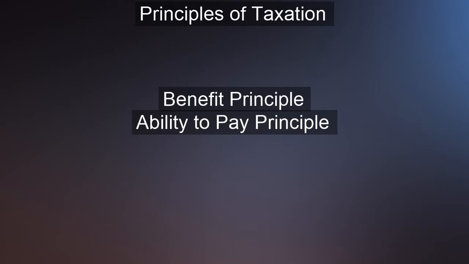Last is efficiency, meaning that the tax should be easy to administer and actually generate revenue. Now with computers, it has become much easier to administer and pay taxes, but there are still some difficulties with the amount of jargon and lack of definitions of deductions, costs, etc. With taxes, there are 2 principles of taxation. The 2 principles are the benefit principle and the ability to pay principle.